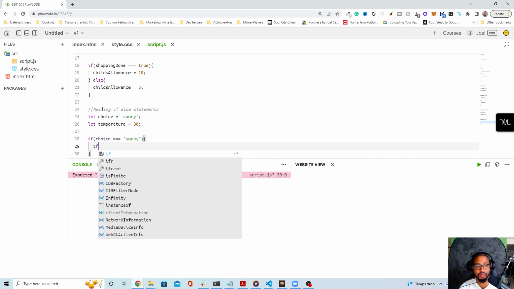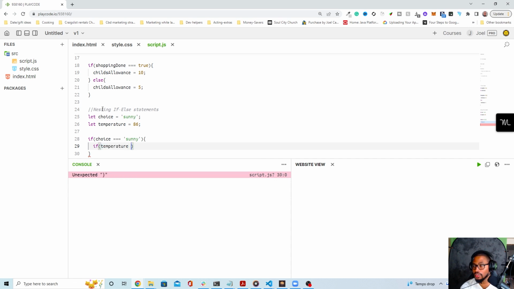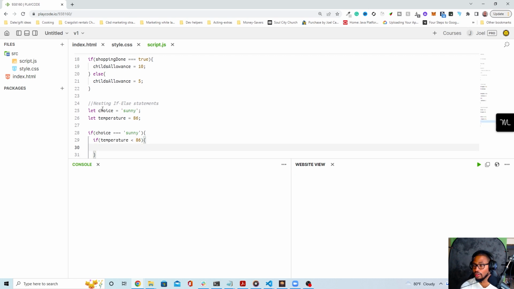We can say if temperature, so this is the nesting of the two, if temperature is 86 or greater than 86, then we would say message is going to be equal to